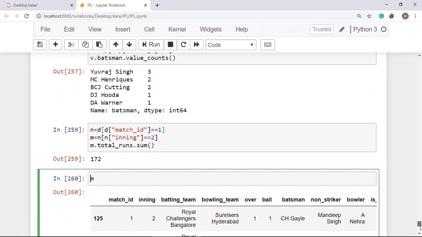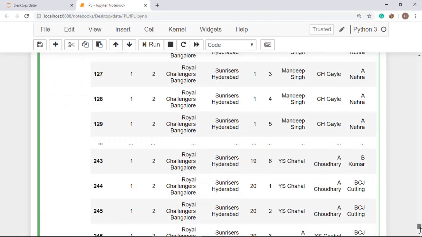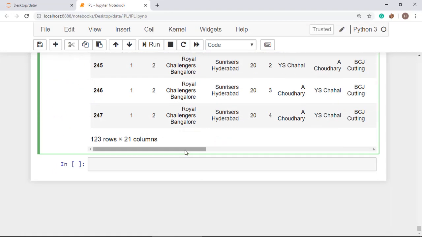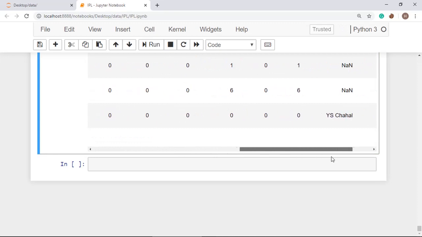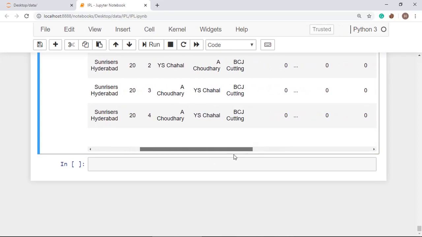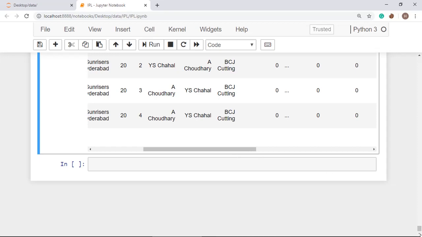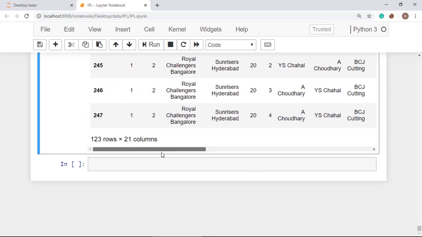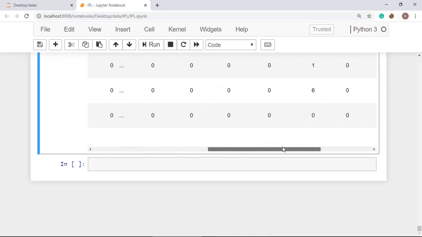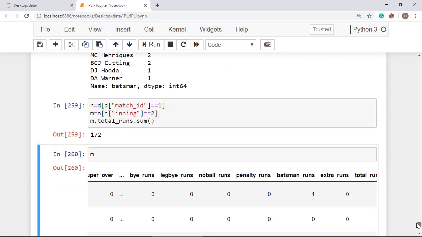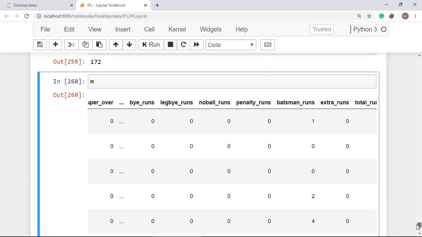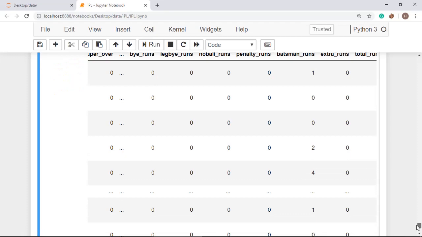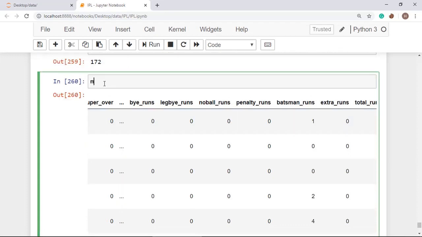Okay, so see what the winning type is. We will move this, and who is the winner, we are going to get this. Royal Challengers Bangalore. This one is not the extra runs or leg byes or total runs, this one is the delivery part.